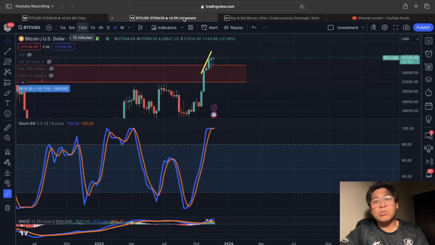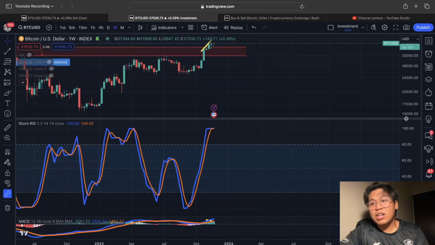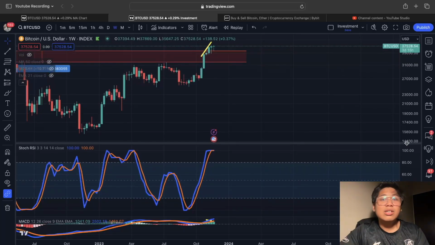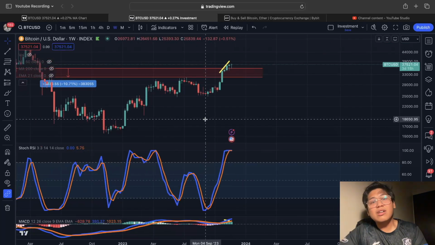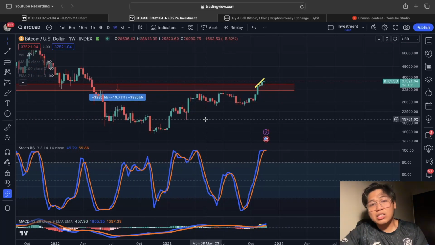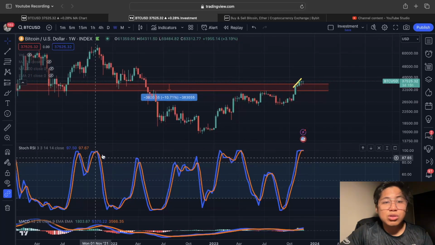But for today's video, what we are going to talk about is the stochastic RSI, because there's another very interesting thing worth monitoring here, and that is the bullish and bearish crosses of the stochastic RSI. Traditionally, whenever we see a stochastic RSI bullish or bearish cross, that is hinting at the next Bitcoin move. And if you look back in time, whenever we see those bearish crosses,